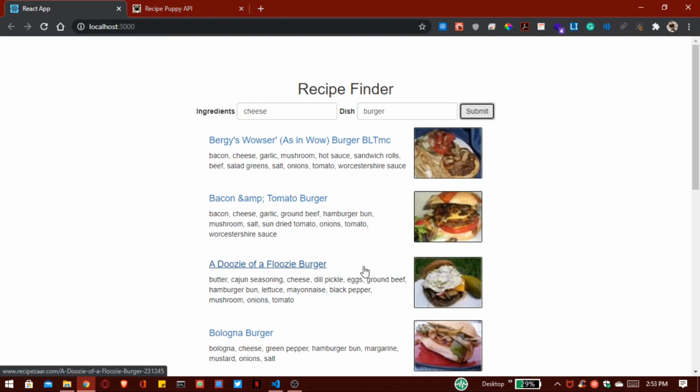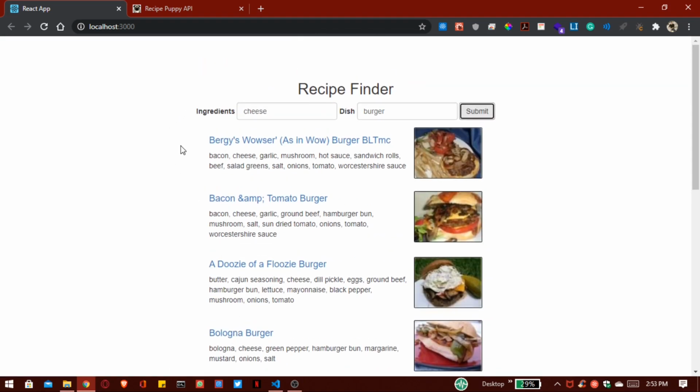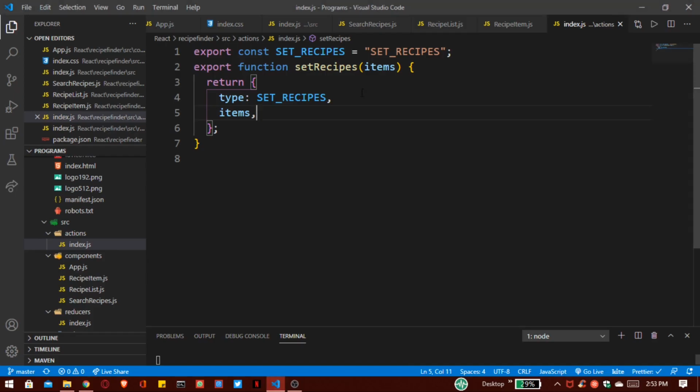Now I want to add a functionality inside our project. I want to add a star before every title, and whenever I click on this star, it will automatically go inside our favorites button, and whenever we click on that favorites button, we can get all of these favorite recipes that we have selected. So now let's add that functionality inside our project.